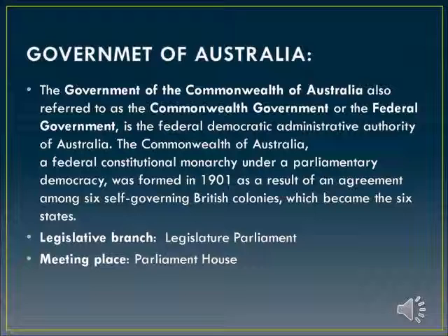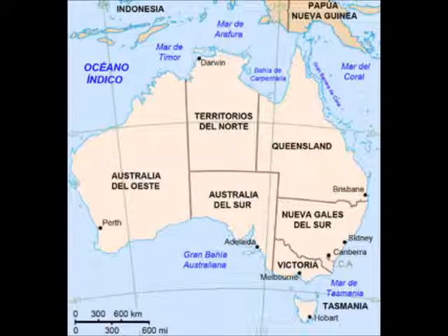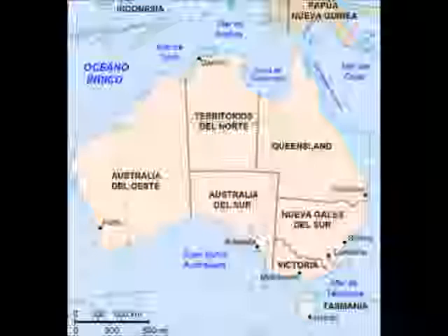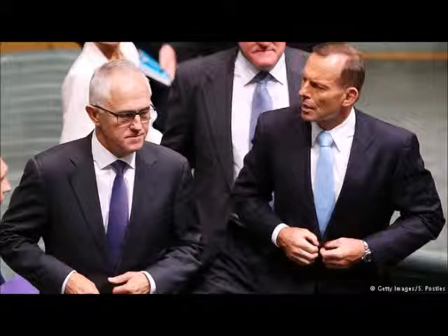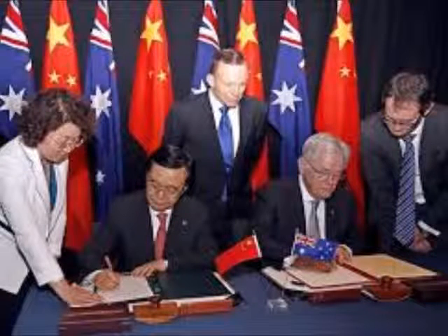The terms of this union are embodied in the Australian Constitution, which was drawn up at the Constitutional Convention and ratified by the people of the colonies at referendums. The structure of the Australian government may be examined in light of two distinct concepts, namely federalism and the separation of powers into executive, legislative and judicial branches of government.